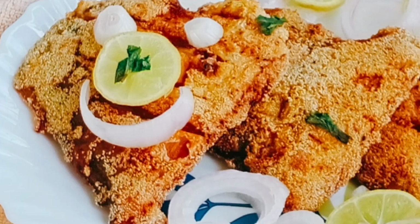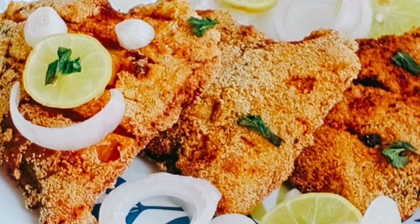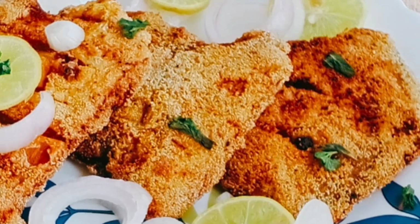So guys, today I'm going to show you pomfret or chandua fish fry, which is an authentic, spicy, crunchy, coastal